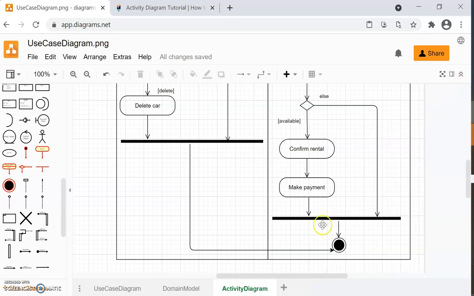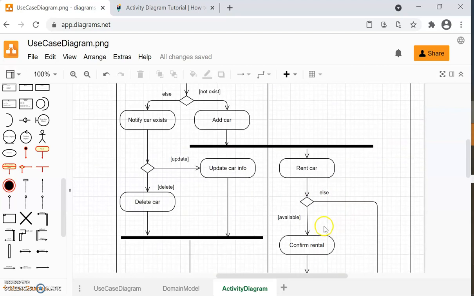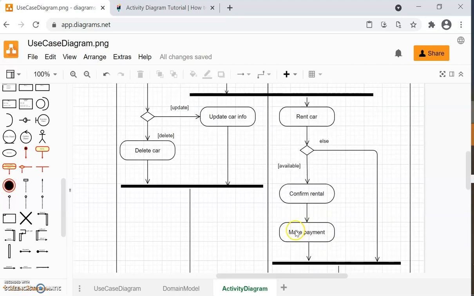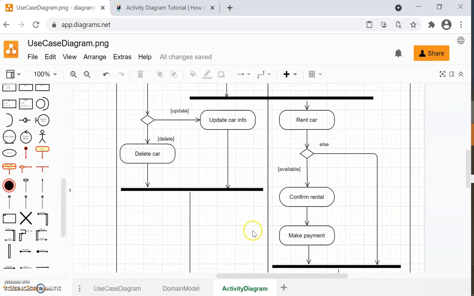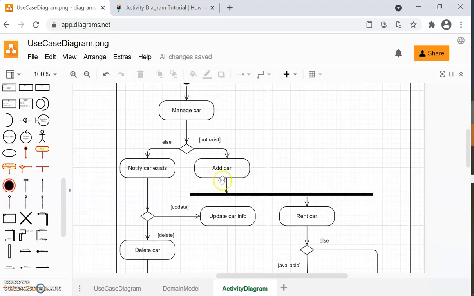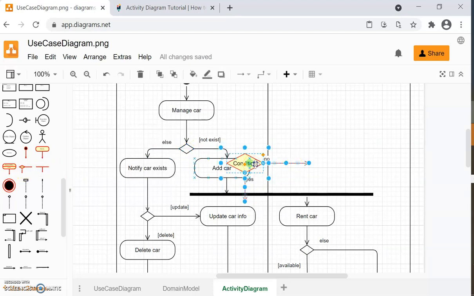Let's hide this one. So let's say now rent car. Okay, customer rent car. Okay, so here, if available, then only can confirm, right? Else, terminate, for example, and then available, confirm and make payment, then end. Okay, you can see the fork and join that we have learned in the module. Okay, so here decision, the diamond shape. So if you add like this, for example, you can see that